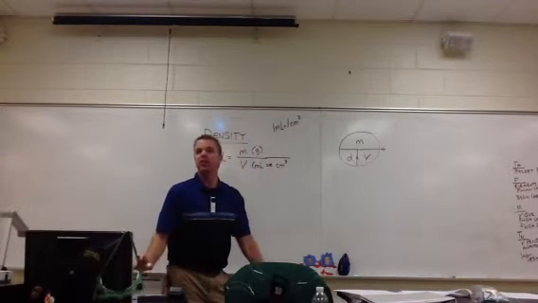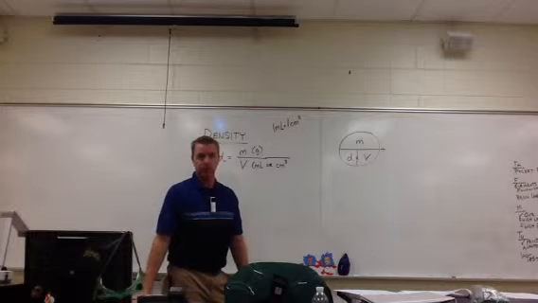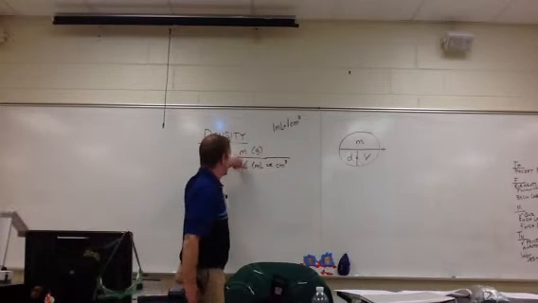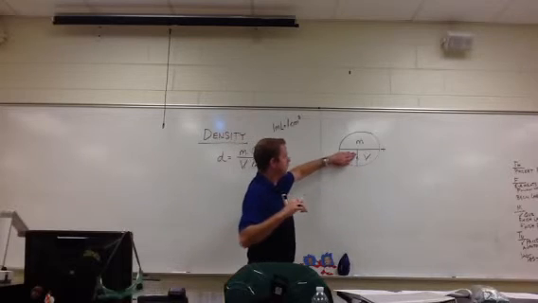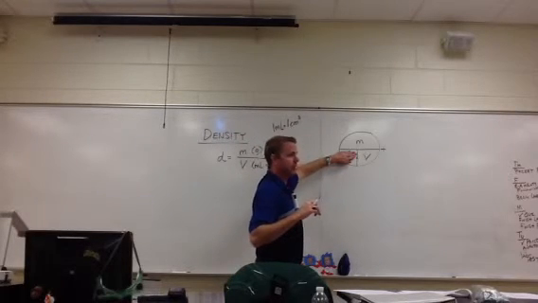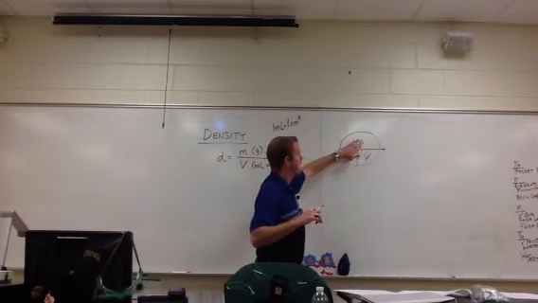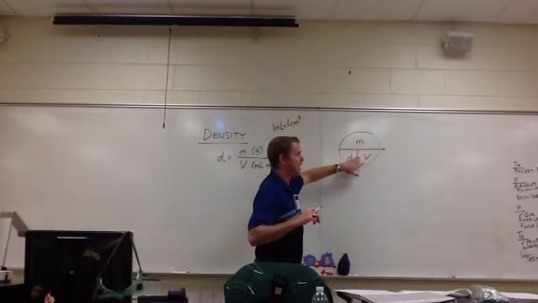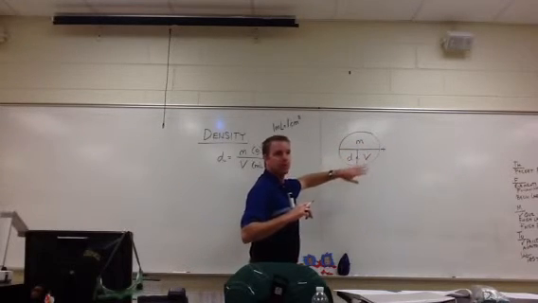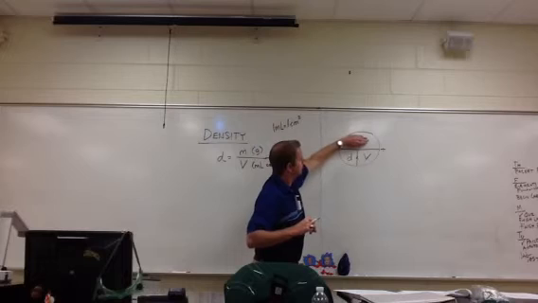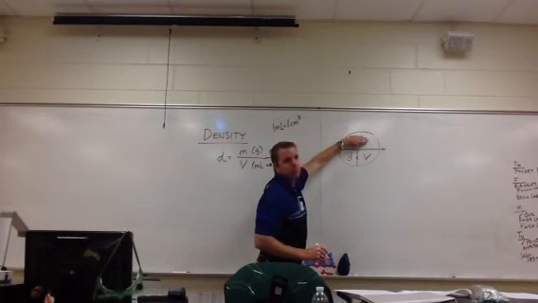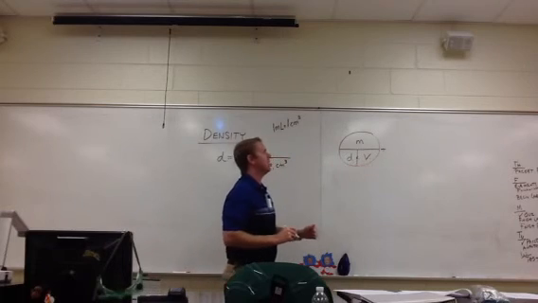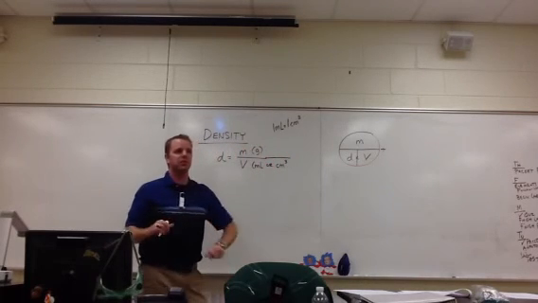And then all you do is cover up what you're looking for. So we all know density is equal to mass divided by volume, because I've told you, or you just knew it. If you cover up density here, what are you left with? Mass, division line, volume. Let's say you want to know the mass. Density times volume. So what do I refer to this as? The density circle of friendship.